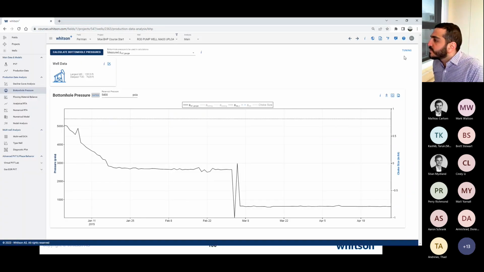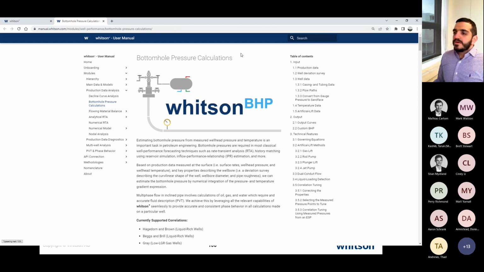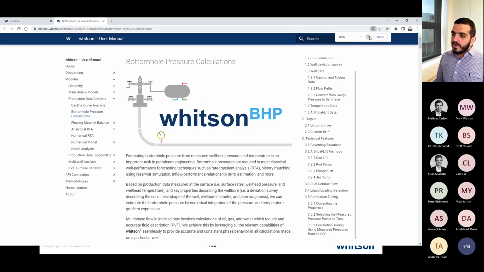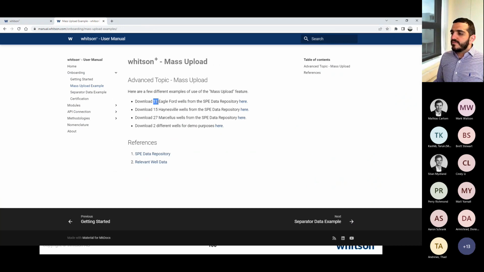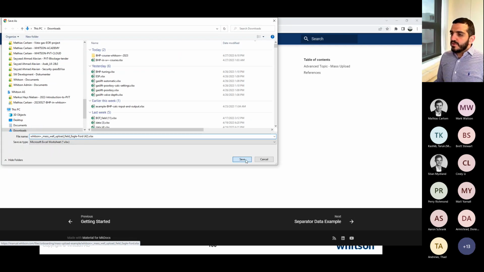How you access the user manual, you can click on this at the top right. You can click on this question mark here, user manual. And there you can go into the onboarding on the left. Let me show you that. The onboarding here on the left and mass upload example. And there you have an example with 11 Eagle Ford wells provided from the SPE data repository. And if you download that,